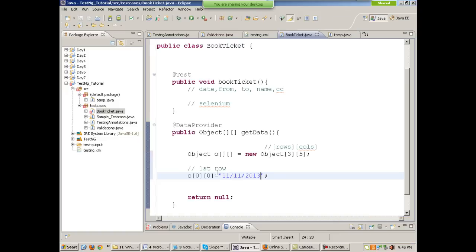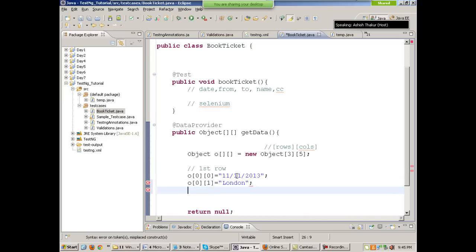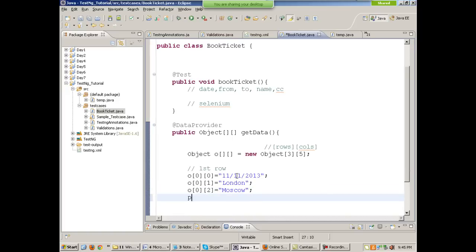This is then O 0 1. In this, from where do you want to travel? Okay, say I want to travel from London, then O 0 2. Third parameter, where do you want to travel? Say Moscow. Fine. What's your name? Say O 0 3,